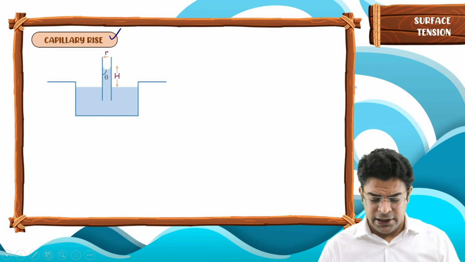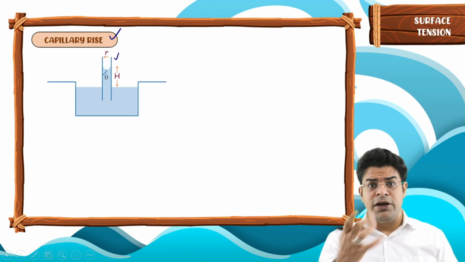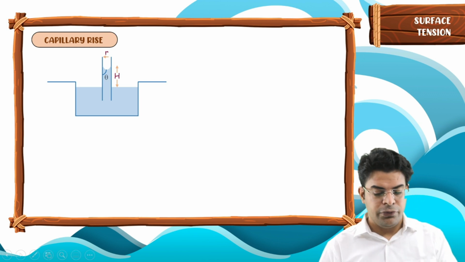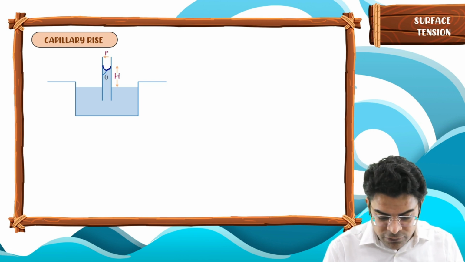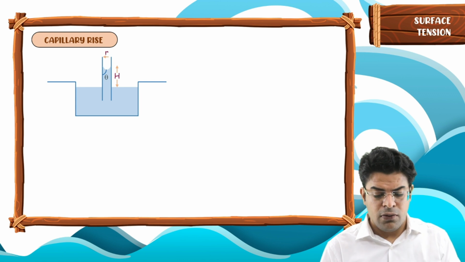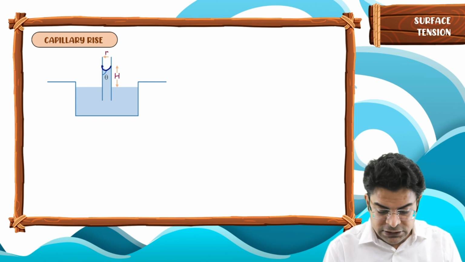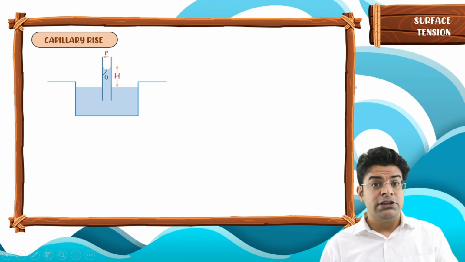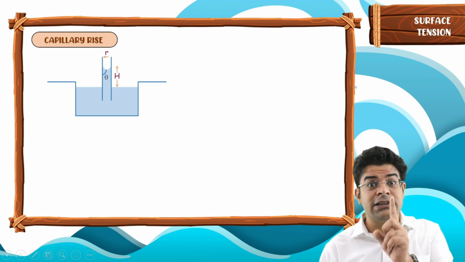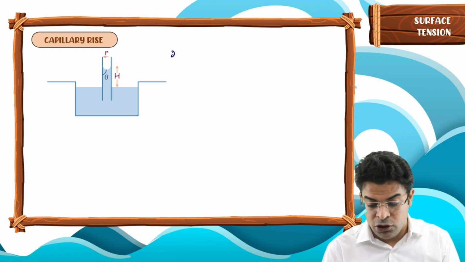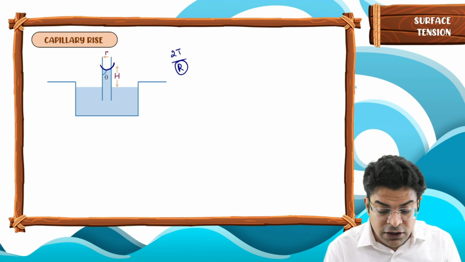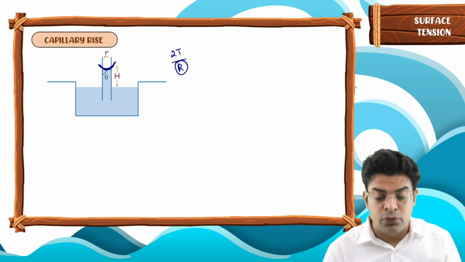We know that if we immerse a glass tube in water, the fluid rises up. Let's say the angle of contact is theta and we get this type of meniscus. Now because of this concave surface, we will have some pressure difference between the upper part and lower part. Since we have a single surface, the excess pressure created by it will be 2T by R, where R is the radius of the surface, not at all the radius of the tube.